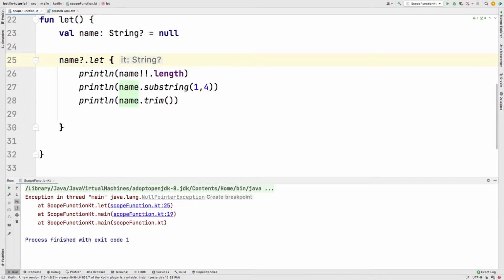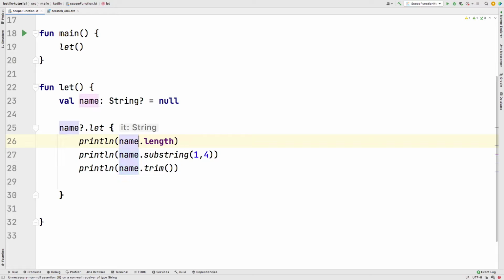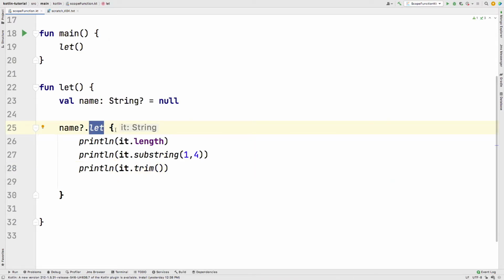Then we can also provide the safe call operator here, and after adding the safe call operator, we can get rid of this non-null assertion operator, and we can also replace this name with the it operator. As I mentioned, inside the let scope function we get access to the object, and we can access this object using it. So for the let scope function, we can access it using the it operator, okay?